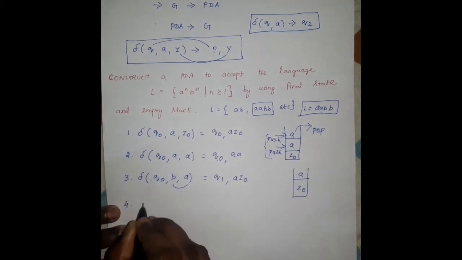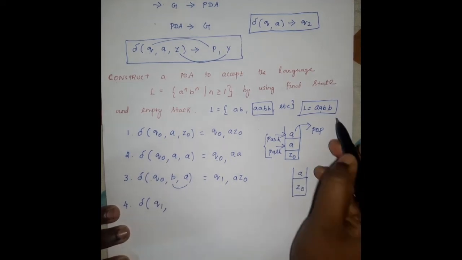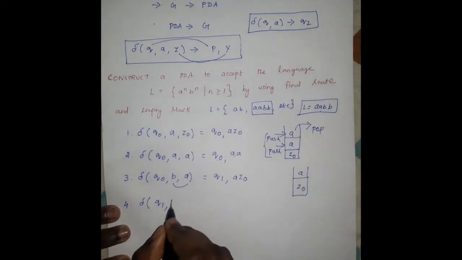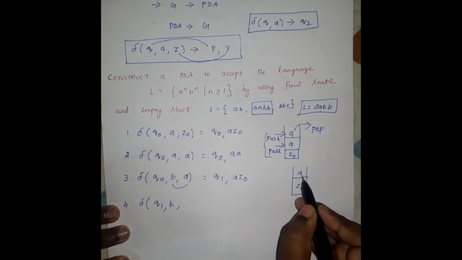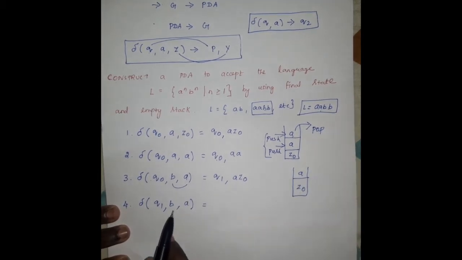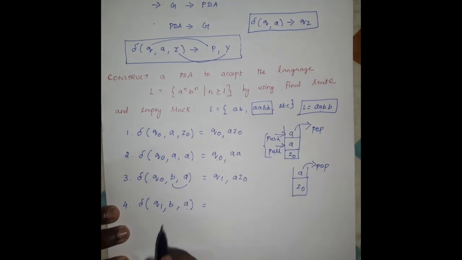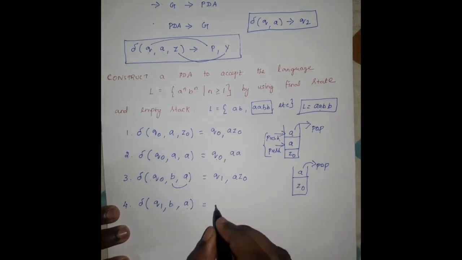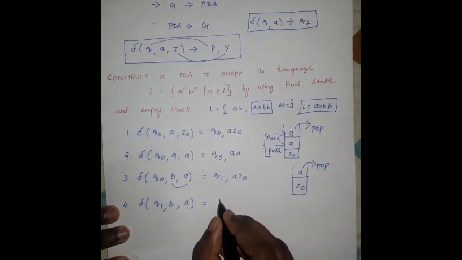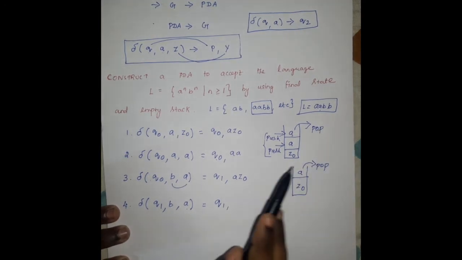So the next transition function delta: here the current state is Q1 and the next element is small b, and now the top element is A. So here also we write A. Similarly the symbol is changed, so we are performing the pop operation. So this A is popped from the stack for B. So the state remains in the same state itself, because only the same pop operation is done.